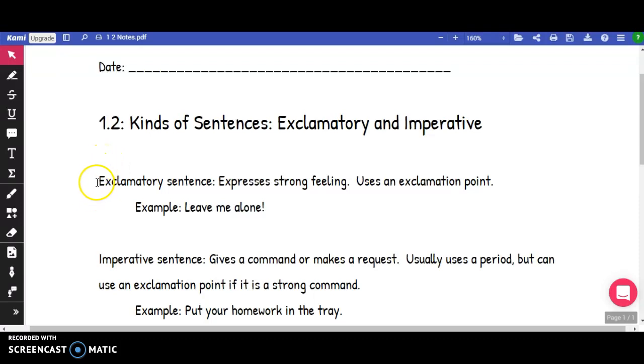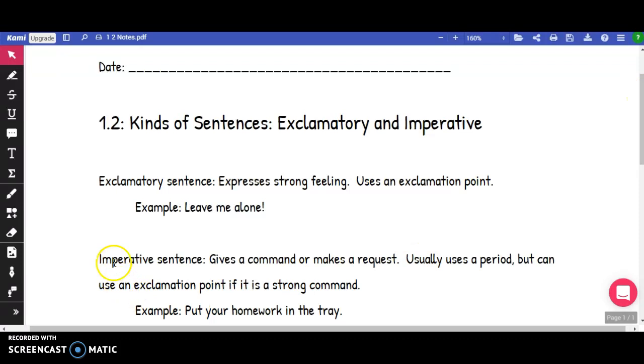And then I would like you to write the definition for exclamatory sentence, which is: expresses strong feeling, uses an exclamation point. On the next line, you're going to indent, as shown in this space here, and write the example, which is: Leave me alone. Then skip a line,